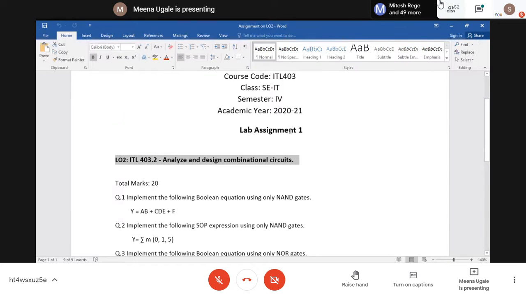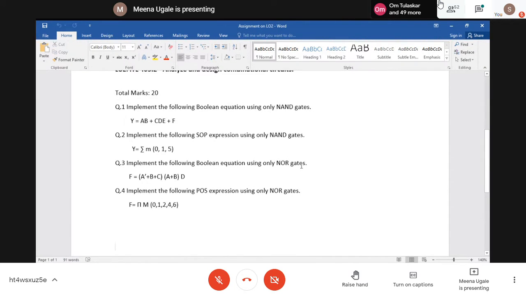You will be writing your lab assignment number 1. You will be writing this one LO, and then on every page you should write your roll number as well as your name. The submission date of this assignment is already posted on the Moodle. You check over there what the deadline is, and accordingly you submit it on time. Fine. Any doubts in this assignment, please ask, else we will proceed to the next part of the program.